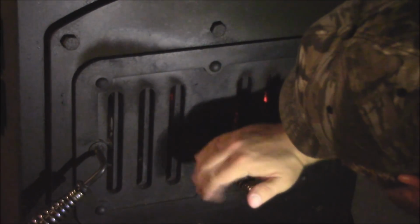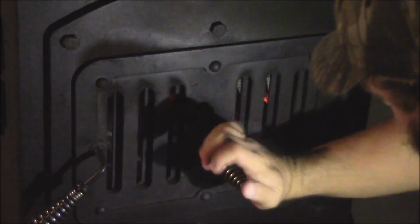Let me show you what I'm about to do. Hopefully y'all can see the firebox. I'm going to point you down just a little bit so you can see the grates. That's what I'm talking about. I'm going to adjust just a little, shut that just a little hair, not much. About a quarter of the way. That way it'll keep the heat down a little bit because we want to get some good smoke on there,